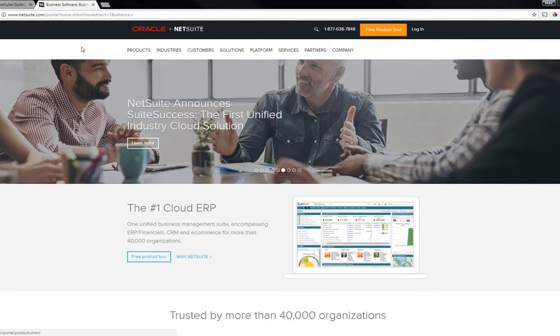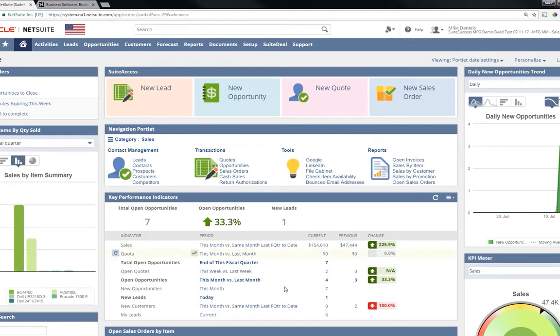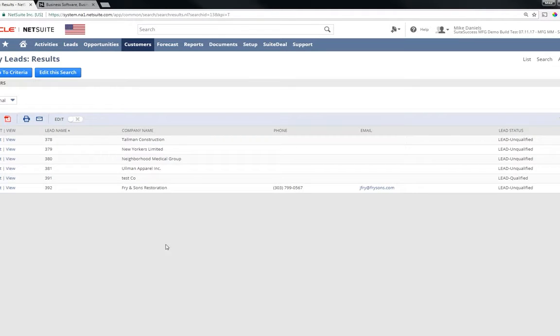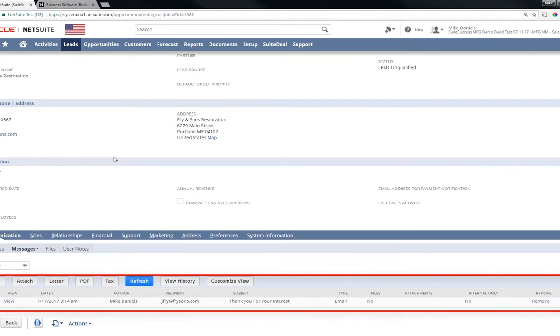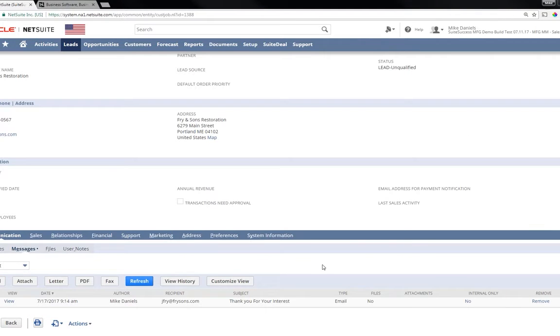If we go back to my dashboard in NetSuite, I can see that my leads has increased from 5 to 6, and I can go and drill into that to see my list of new leads. I see the lead that I created, Fry & Sons Restoration, and I can drill into that new lead. When I look at that new lead, I can see that they've received an automated email thanking them for their interest. From here, I can send them another email,